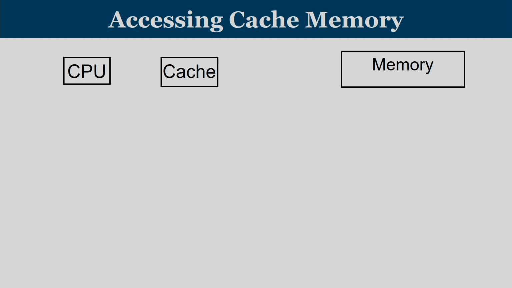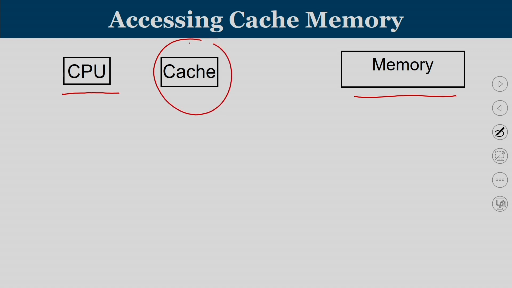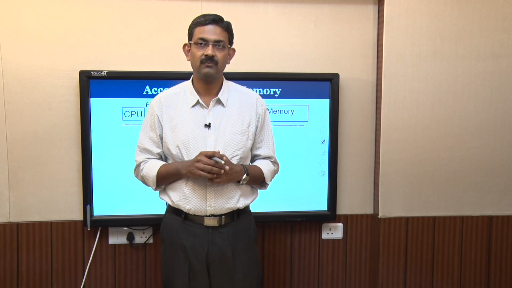Accessing cache memory, we know that cache memory is acting as an interface between your CPU and memory. So, when the CPU is there and the main memory is there, we have a high speed device which is called cache memory that is interacting with both the CPU as well as your main memory. Now, you can have a scenario such that whatever is the requested address is already present in the cache, and that scenario is known as cache hit.